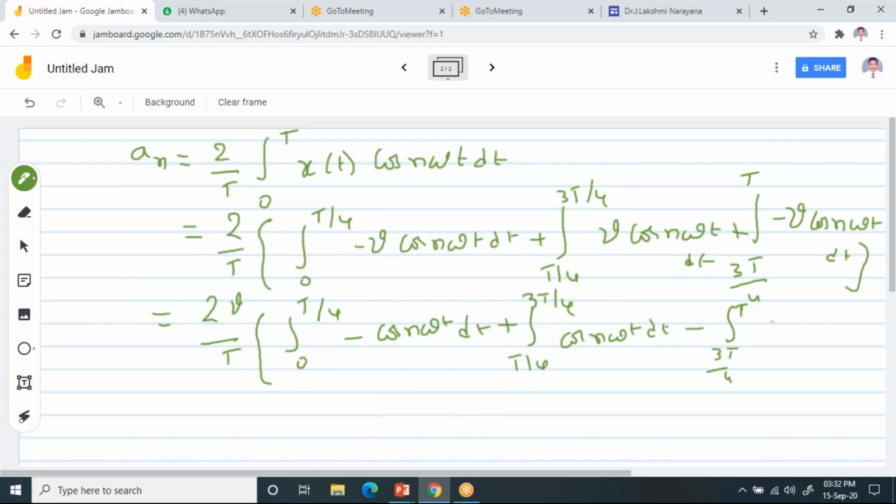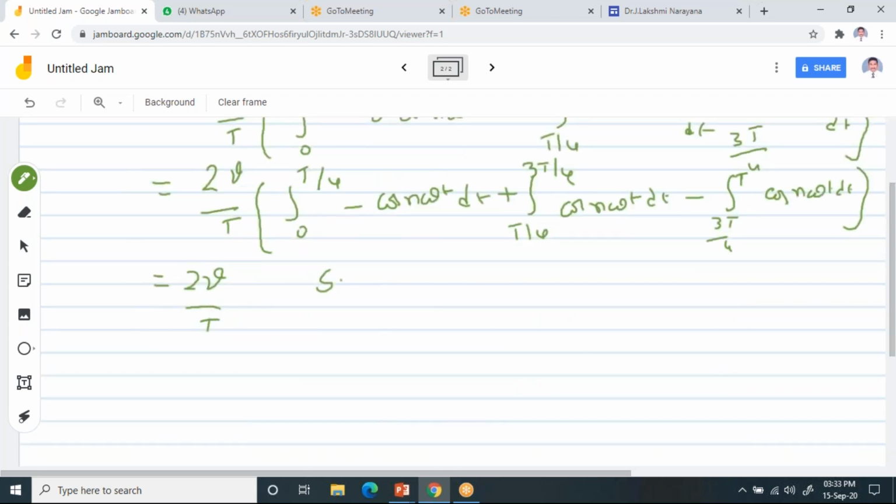And for this, the limits are T by 4 to 3T by 4. Then for this again,